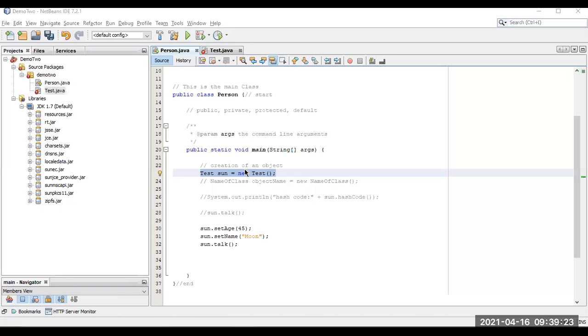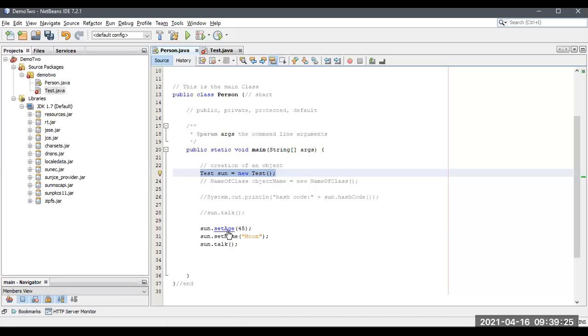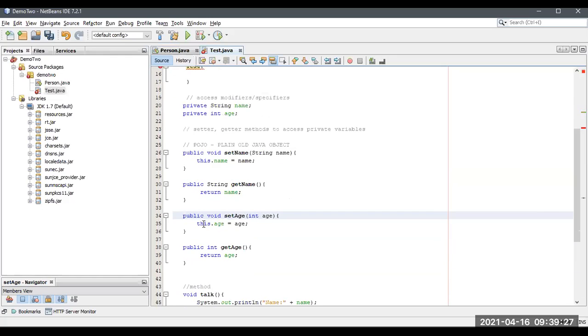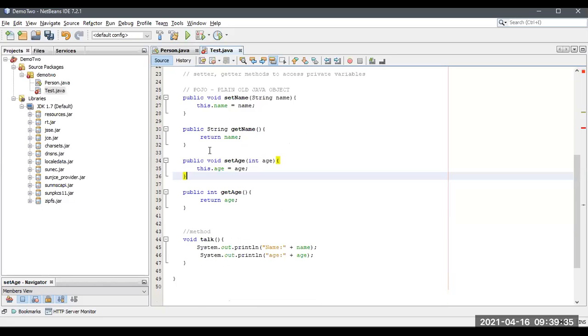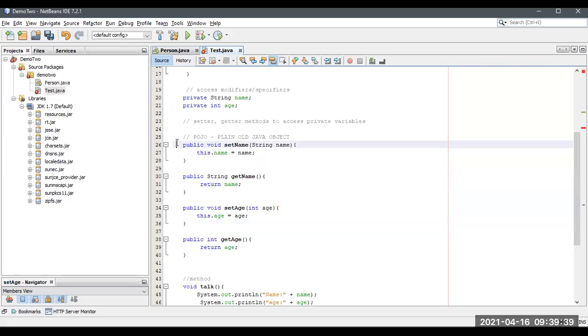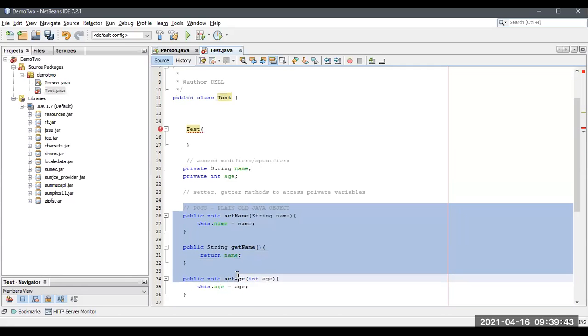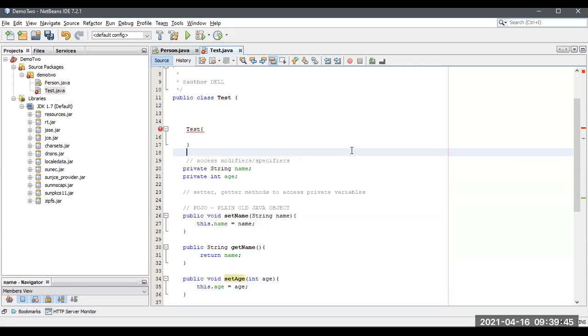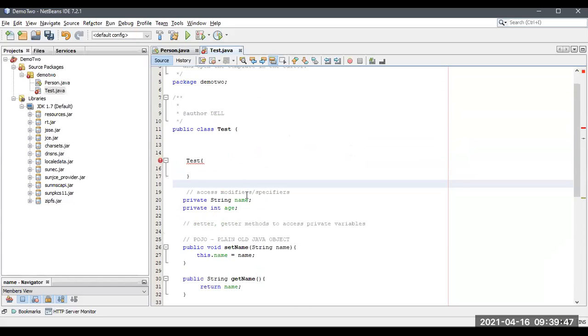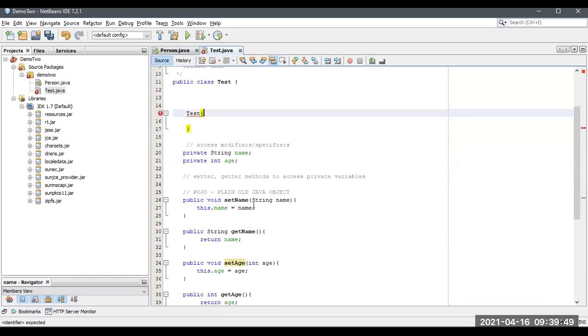Inside this method, we are assigning values: age is equal to age, get name returns name, and here I assign this dot name is equal to name. All these things will be managed inside this constructor. There is no need to create setter and getter methods. Let me show you an example so that it is very easy for you.